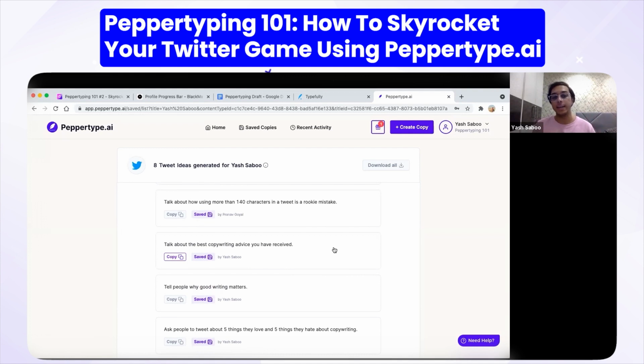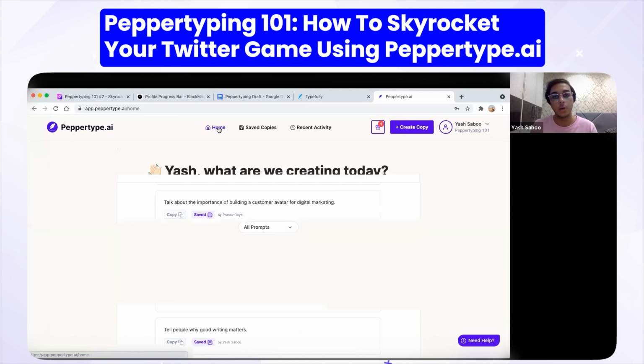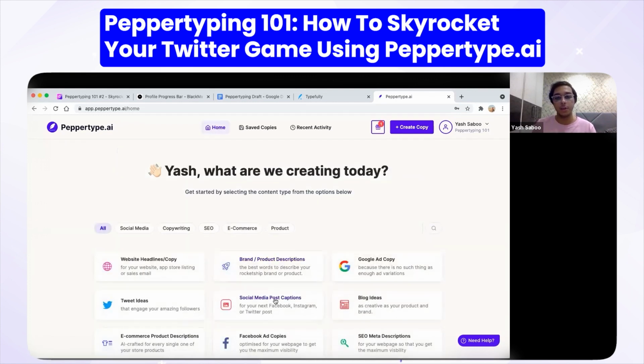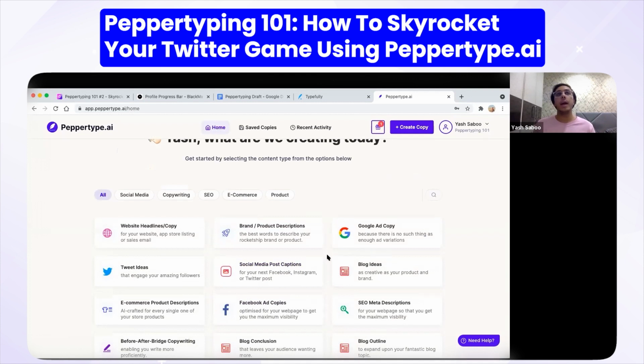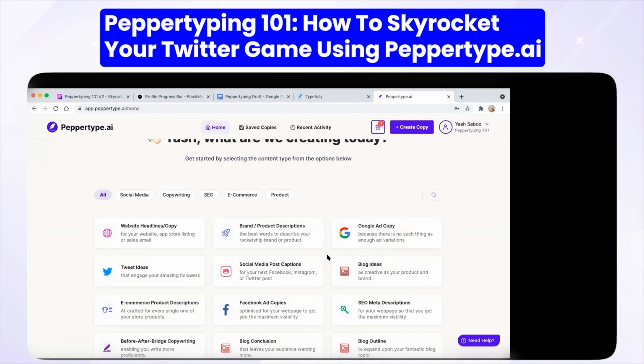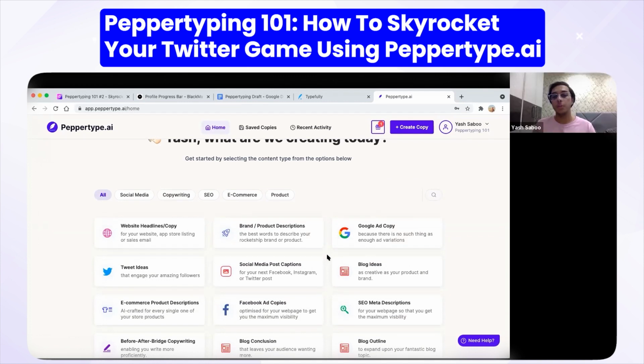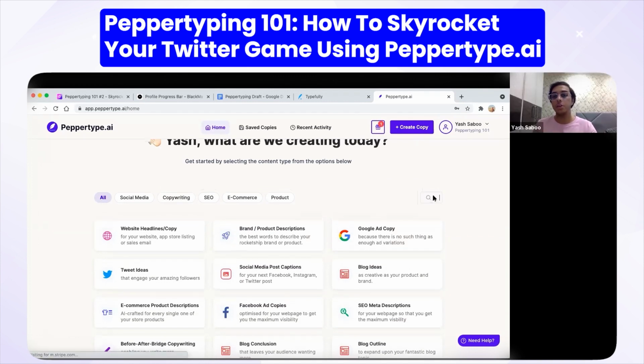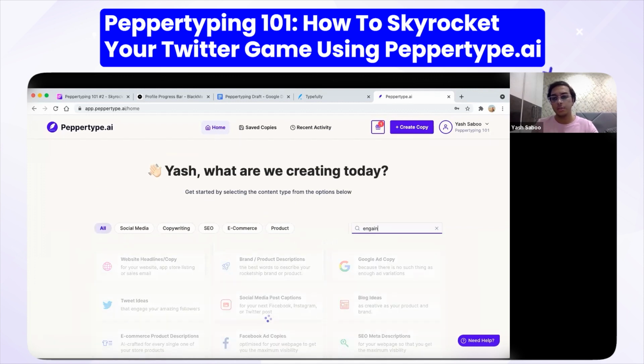So we have the idea, and now we want to create the actual tweet. So we're gonna go on home. First we have to look at what we want to actually create. Do we want to write a one-liner tweet, or do we want to write a full-fledged thread? First, we'll go ahead and create simple one-liner tweets. For that, we're gonna use this